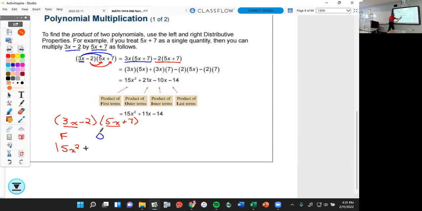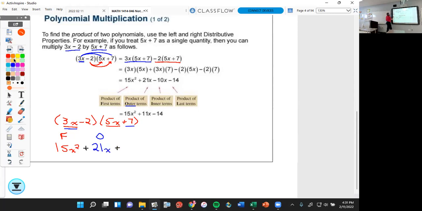Outside times outside, or the outer terms. The outer terms would be the 3x and the 7. Those are the terms that are furthest away from each other. That's why they're called outer. So 3x times 7 is 21x